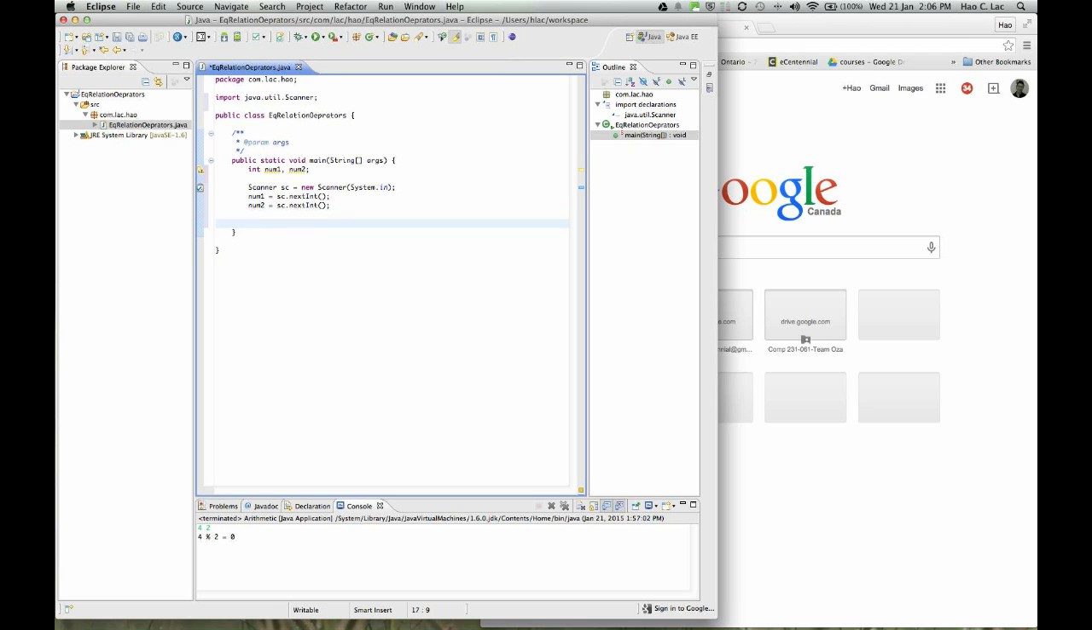Now I'm just going to compare the two. Again, I'm not going to prompt or anything like that. I'm just going to go directly to the comparison. And this is our first exposure to if statements. So this is the most basic of the if statements. All right. So I'm just going to compare the two numbers. And this is the first